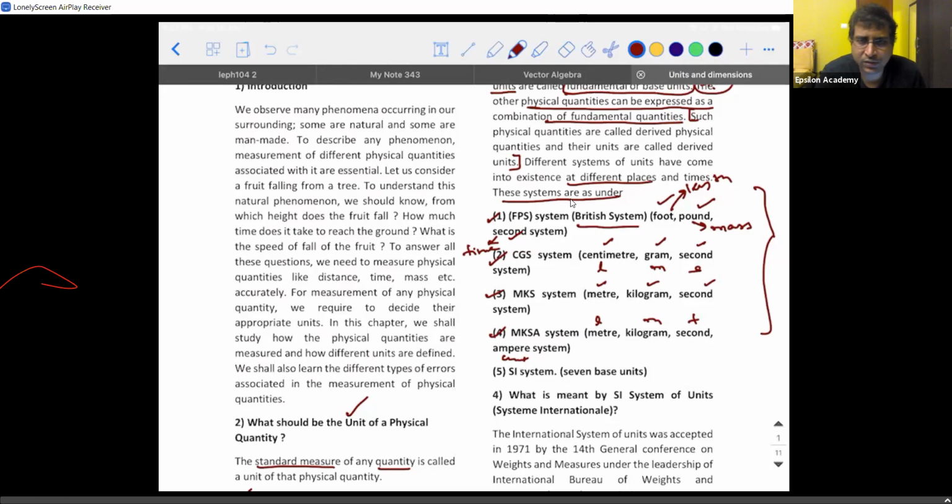Let's say each system, British people used to follow this kind of system. We used to follow some other kind of system. What do you think will happen if some person from the other country comes to our country, or vice versa happens? If they try to sell some product to us, that is, if trading happens, you know what trading is, right?